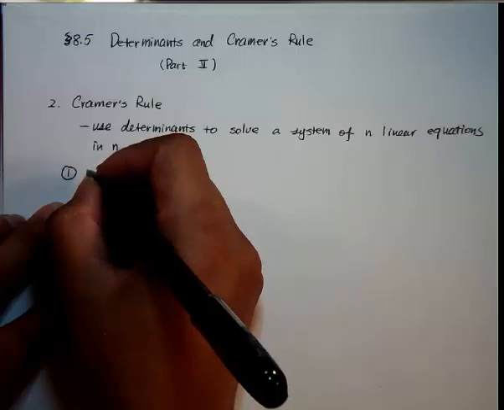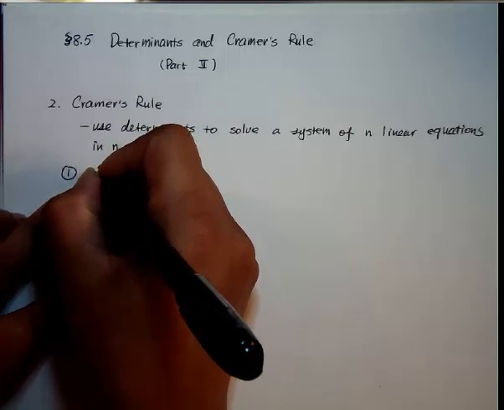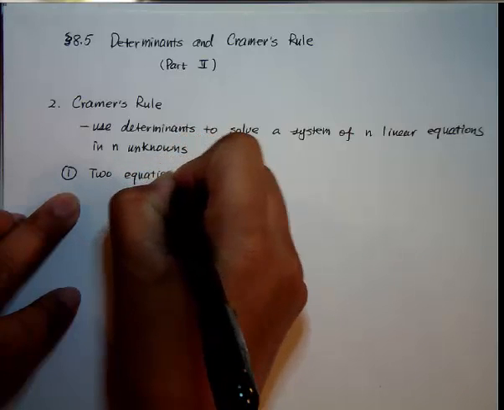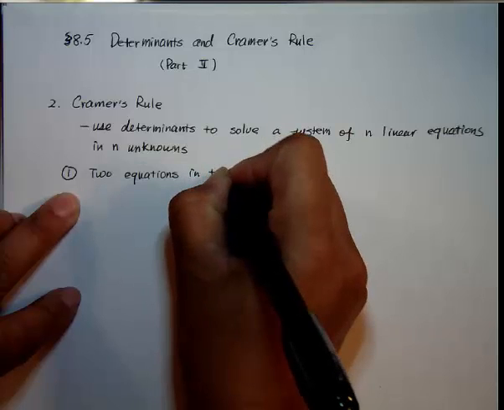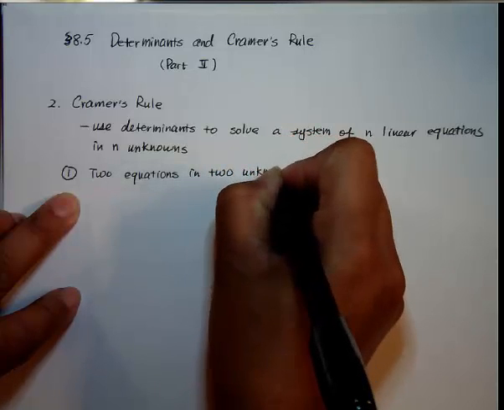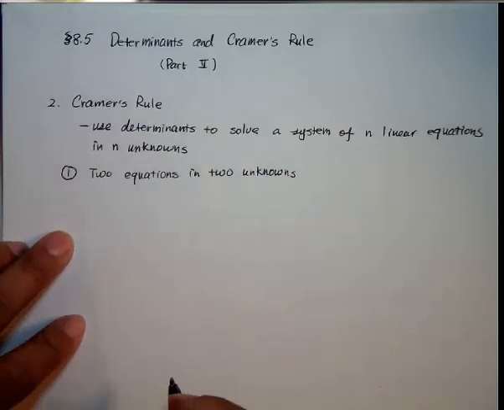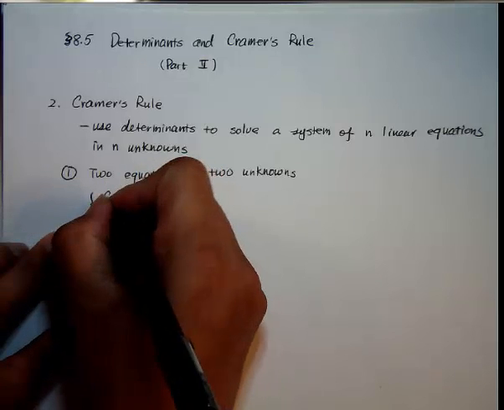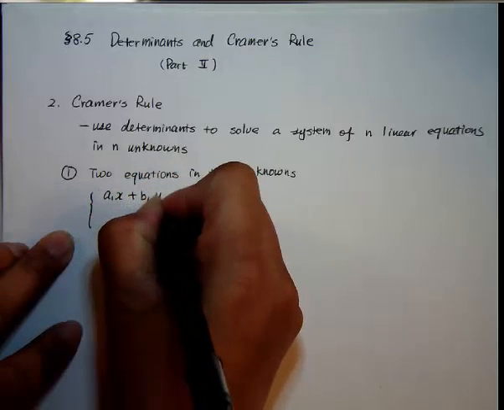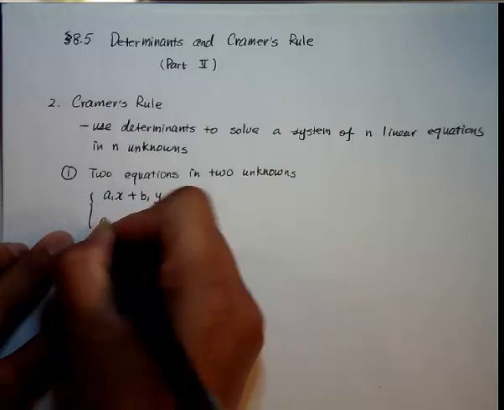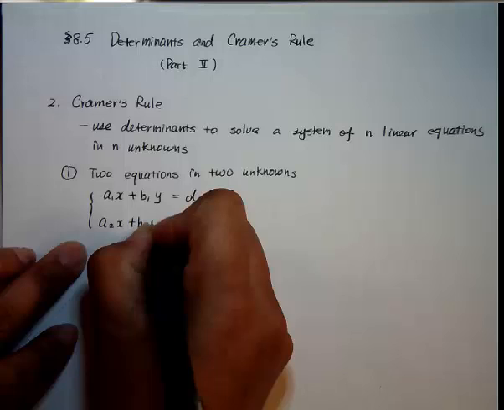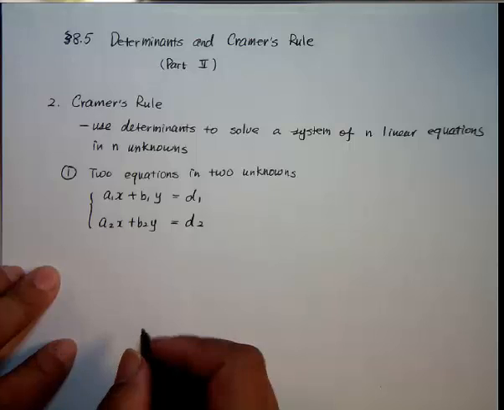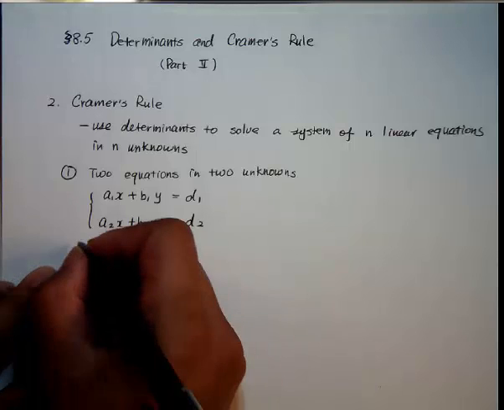First one is for two equations in two unknowns. So you're given a system of equations: a1 x plus b1 y equals d1, a2 x plus b2 y equals d2. Then your x and y can be solved that